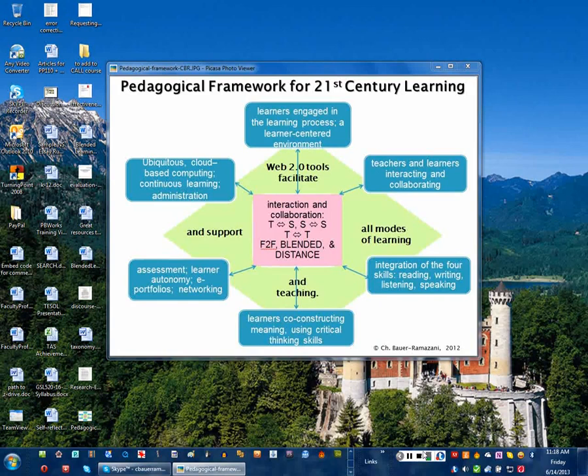You need to make sure that you have a pedagogical framework that your technology and the tool works into, and not the other way around. So, what do I mean by pedagogical framework? Well, you have something in front of you. I will be talking more about it, but it's much more simple than that to begin with. A pedagogical framework, number one, is